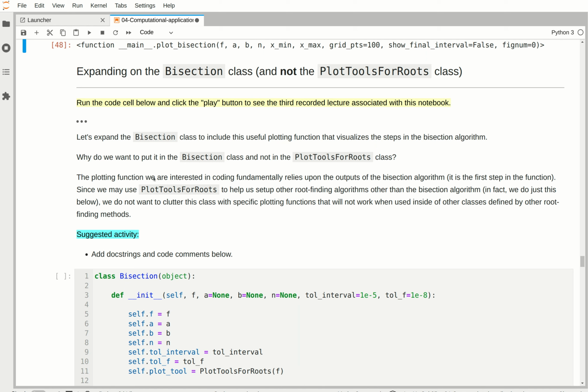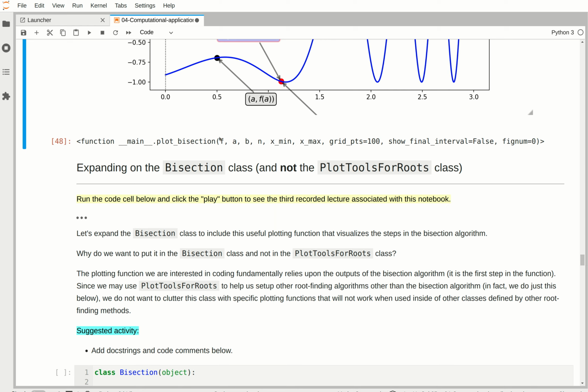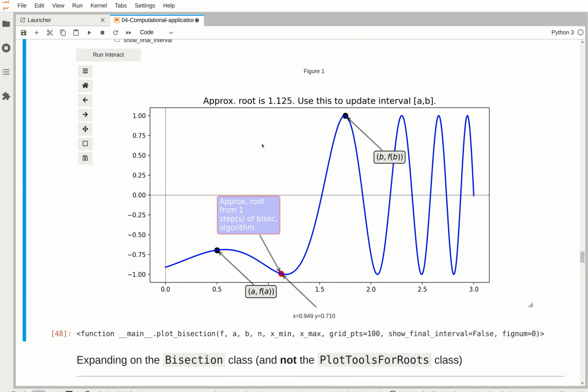Welcome to this fourth video in the Part A lecture notebook in the fourth module on computational applications. This is on root finding, and in this video we will discuss expanding the bisection class and not the plot tools for roots class. Specifically, we'll expand the bisection class to include this useful plotting function, referring to the plotting function plot bisection that was shown above, that enhances our visual storytelling of the bisection algorithm in the root finding